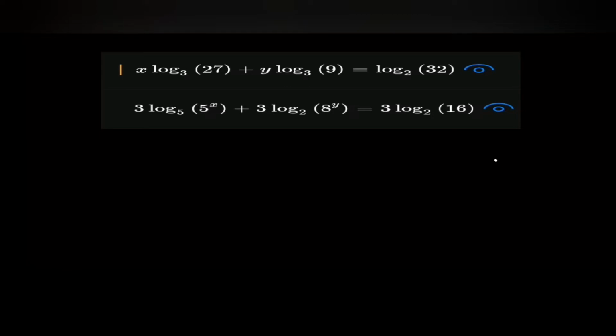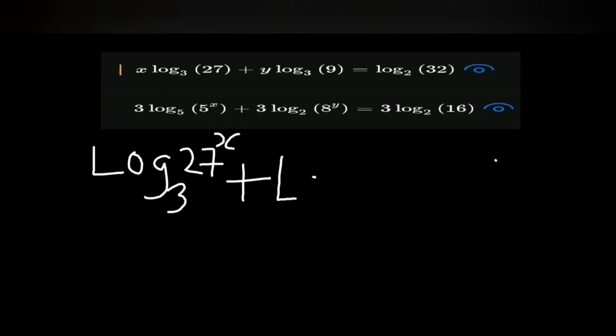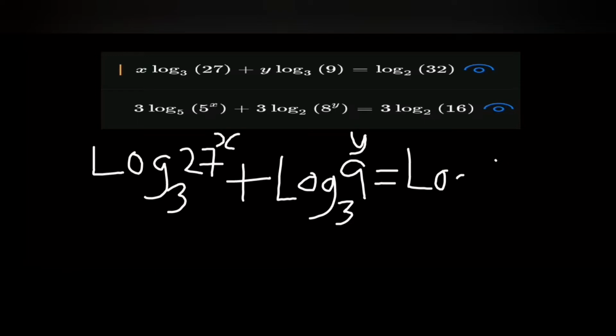Okay guys, let's see how to solve this particular equation. So let us rearrange that equation. Let's start with equation 1. So we have log to the base 3 of 27 raised to the power of x, plus log to the base 3 again, but this time it's 9 to the power of y, because we are taking everything to the inverse form, is equal to log to the base 2 of